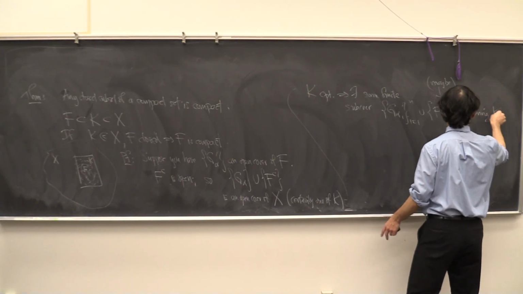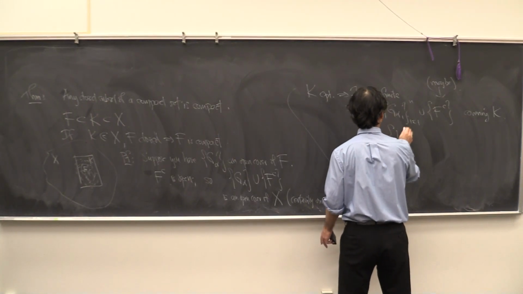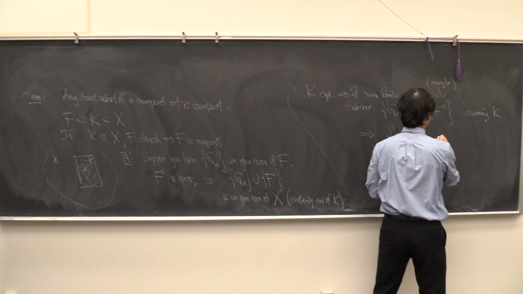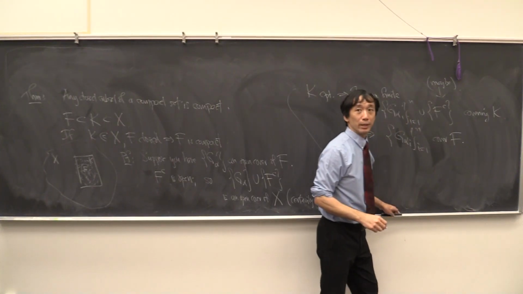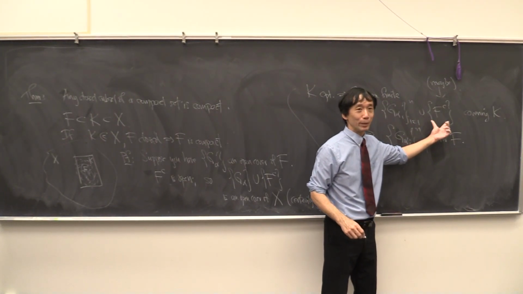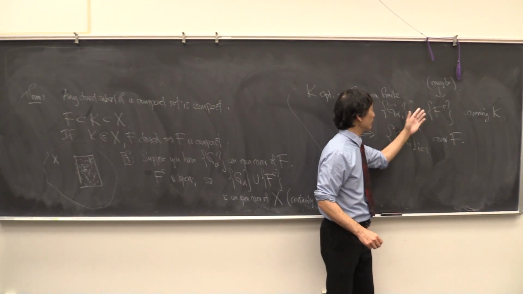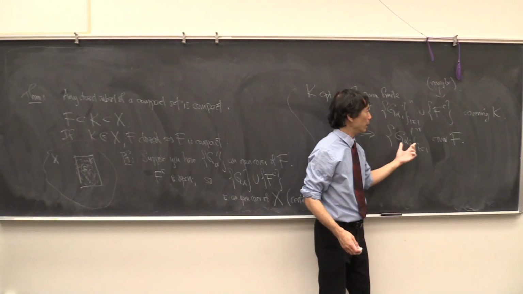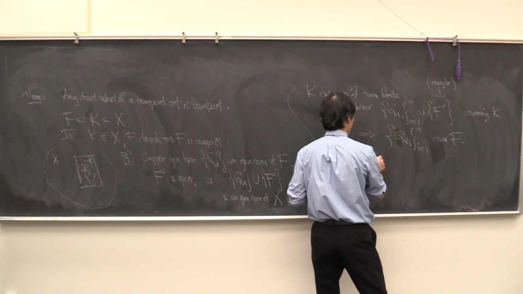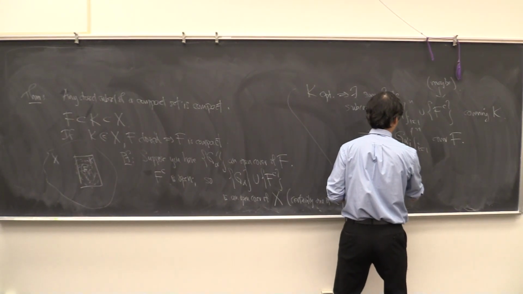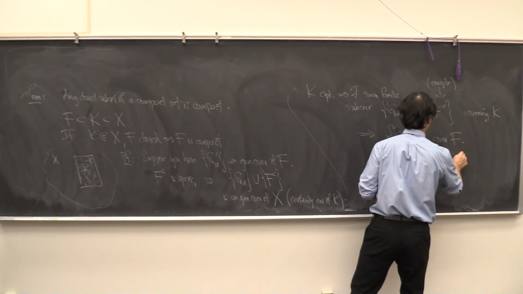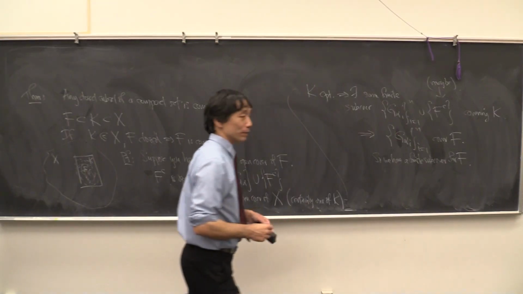Covering K, and so these guys cover F, right? We can throw out the F complement. We don't need that to cover F. It doesn't touch F at all. It's F complement, right? So we know that all these guys cover K. So these guys only from G still cover F, right? And so we have a finite subcover for F. Okay, so F is compact also.